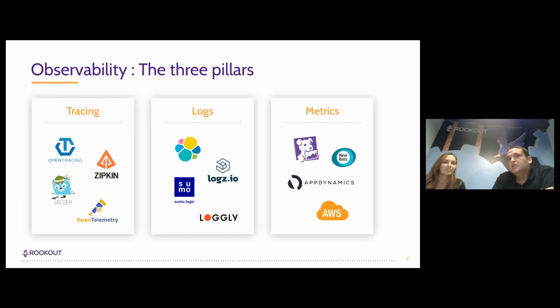And as we see in this slide, we are already familiar with a big number of vendors. We just listed a few of our favorites here. There are very popular tracing vendors, some very popular logging vendors, some very popular metrics vendors, and almost every customer that we speak to, and definitely all of the attendees in this webinar, probably use at least one of them.